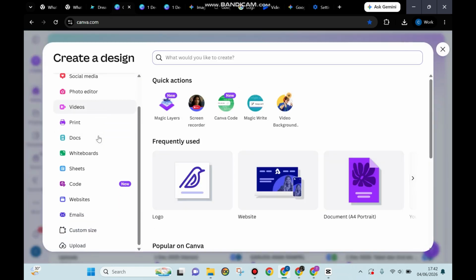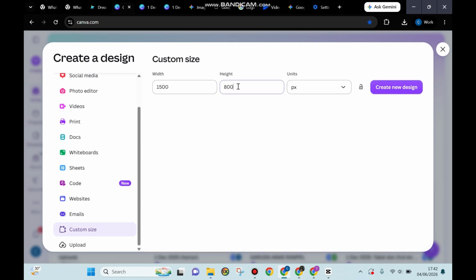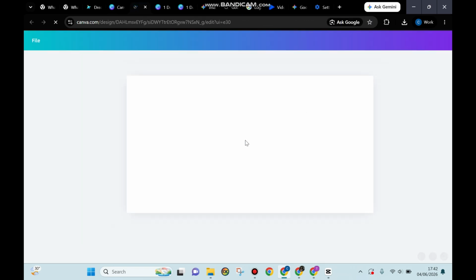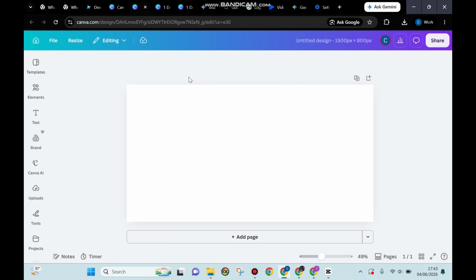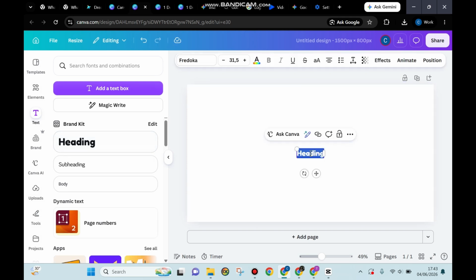For example, I will go to this custom size, and for the width itself I will make it, for example, and also 800, and create new design until it will bring you into this new tab. And for example, I will start from this text and go to this heading. For example, I'm gonna type